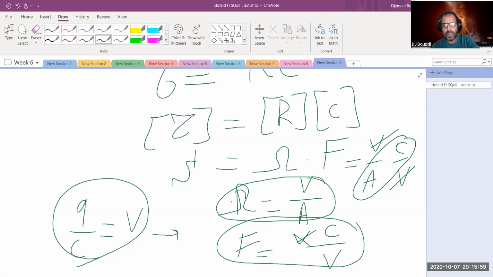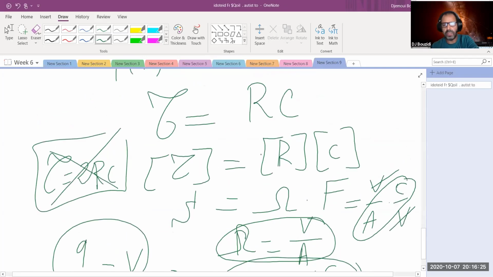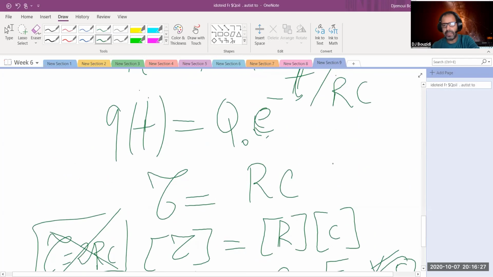As I said before, and this is something that probably whoever gave you physics for A has already emphasized this point. Once they match, like in this situation, it's a second on one side and the second on the other side. It doesn't mean that it is correct because you could be off by a factor of 2, for example. If I found that 2RC is a time characteristic, that also checks as a second because the 2 has no dimensions. But in this situation, it's exactly equal to RC. So again, here is a time constant for this problem,